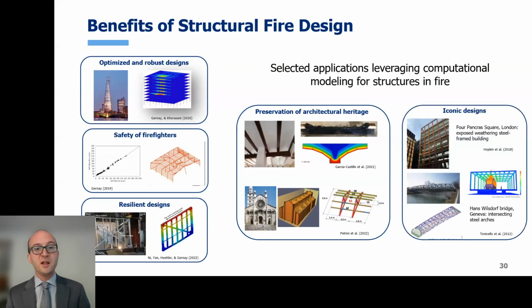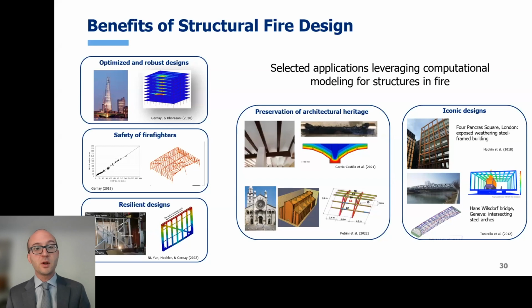And also to enable design. So there are examples of iconic designs where modeling was used to, for example, use exposed steel in a facade. So that was a project led by Dr. Hopkins in the UK, and using sapphire, they were able to justify this design. And at the bottom right, you see an example for a bridge study done by